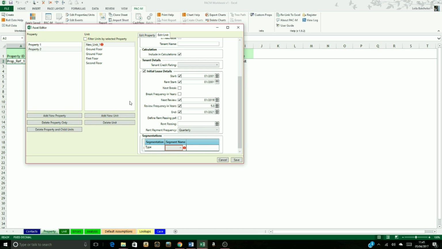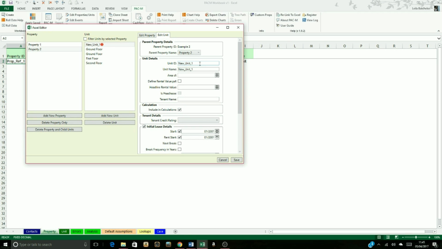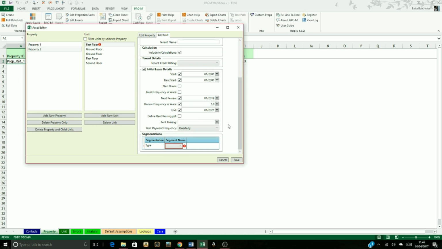And add a couple more units. This will just help with the demonstration later on. Do an office for this one, and then